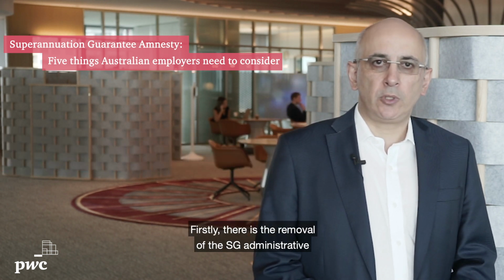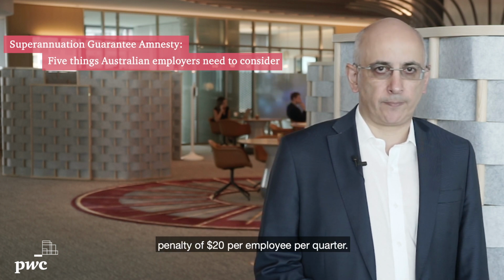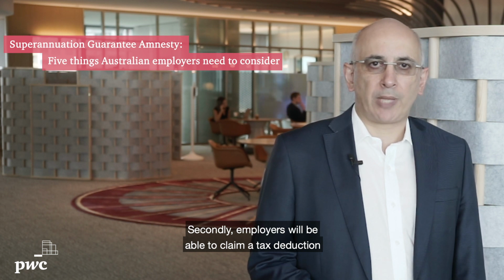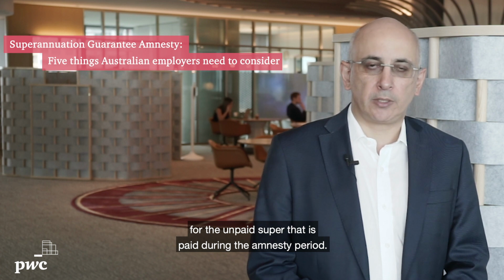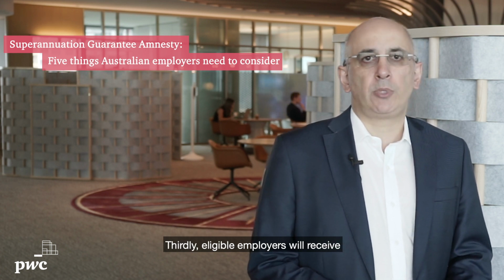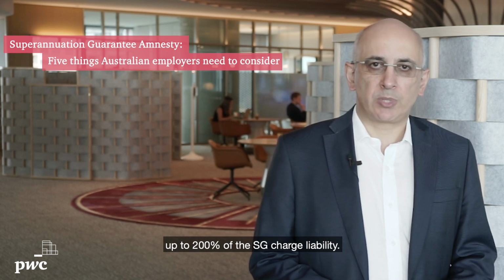Firstly, there is the removal of the SG administrative penalty of $20 per employee per quarter. Secondly, employers will be able to claim a tax deduction for the unpaid super that is paid during the amnesty period. Thirdly, eligible employers will receive a full reduction of penalties, which can run up to 200% of the SG